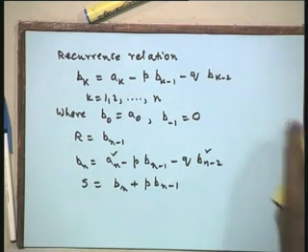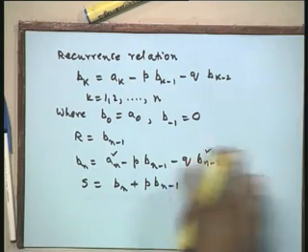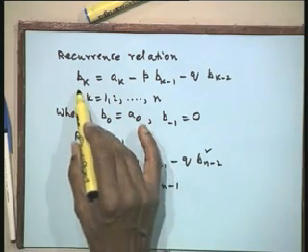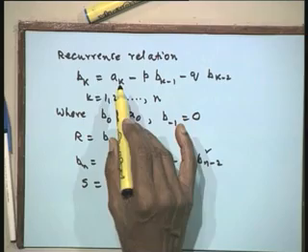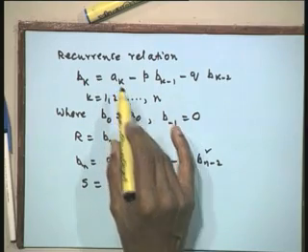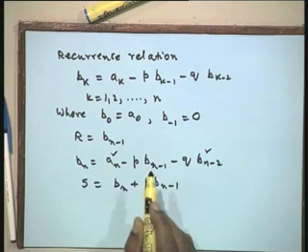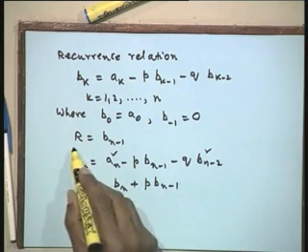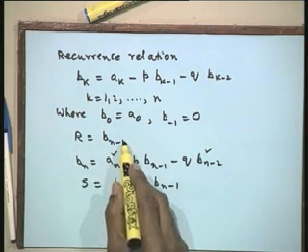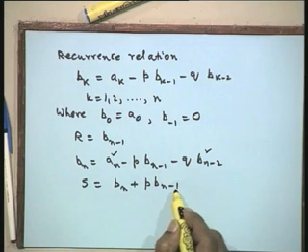We are going to write it as a synthetic division procedure. When the first step is complete, I am getting all my b k's using the values of the previous a k's. Now, after the first step is complete, I am able to determine 2 quantities out of the 6 we want. R is determined immediately as b n minus 1, and s is determined as b n plus p b n minus 1.